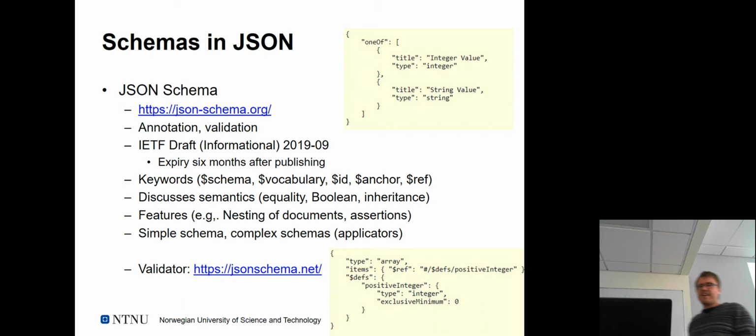Just some examples. This thing is highly work in progress, so there may be a lot of things being thrown over and still changing. But it discusses a lot of stuff. If you want to have a look at it, it's probably worthwhile browsing it under jsonschema.org. There's a link, pretty much on the main page, to the current RFC that I proposed. It defines a lot of those keywords that are then of course used as well, like the schema, vocabulary, notion of IDs, anchors, references. So all the kind of stuff we already have in XML, for example, is basically specified there. But it also discusses semantics in more depth.